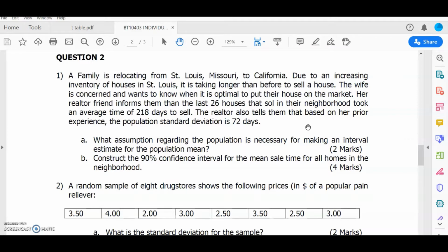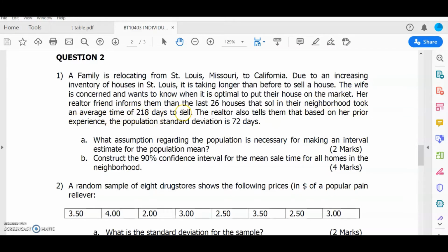Question 2.1. A family is relocating from St. Louis, Missouri to California. Due to an increasing inventory of houses in St. Louis, it is taking longer than before to sell a house. The wife is concerned and wants to know when it is optimal to put their house on the market. Her realtor friend informs them that the last 26 houses that sold in their neighborhood took an average time of